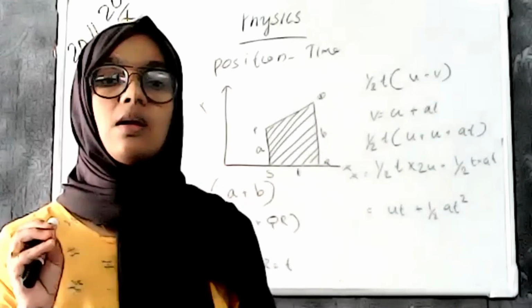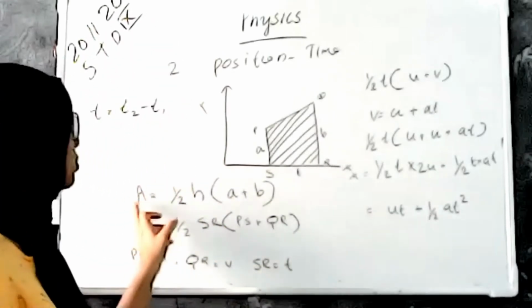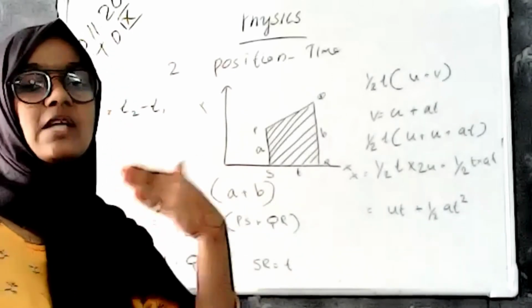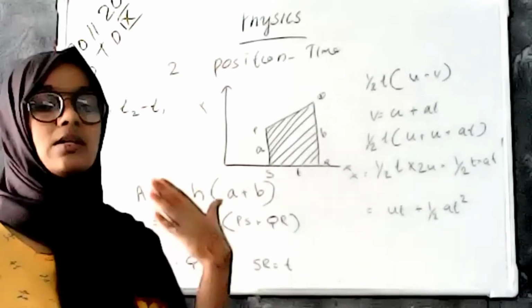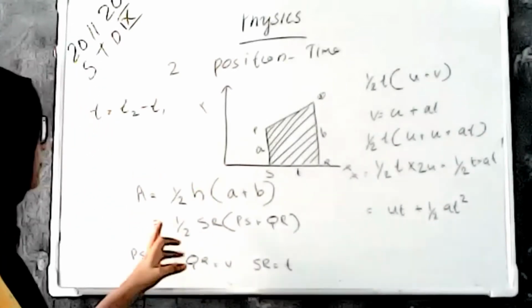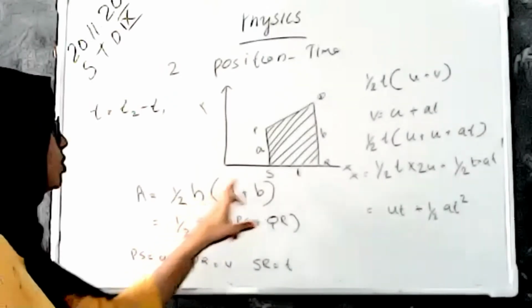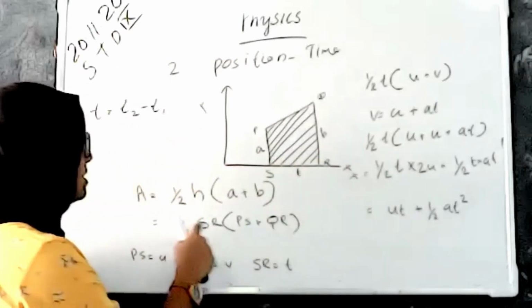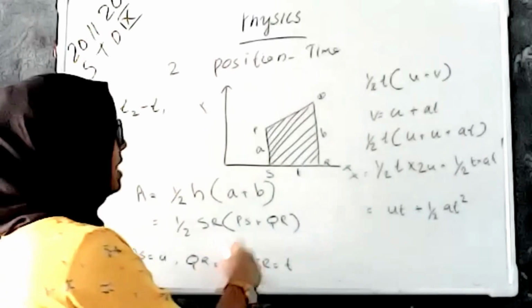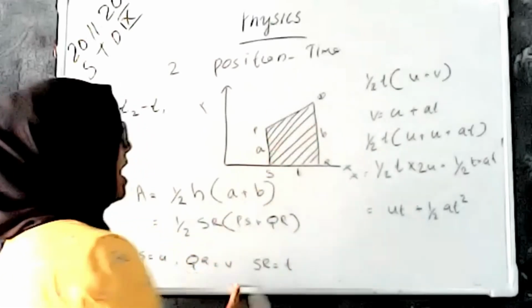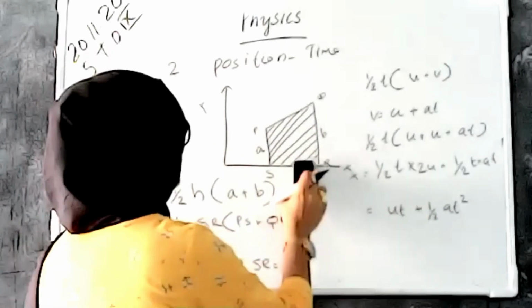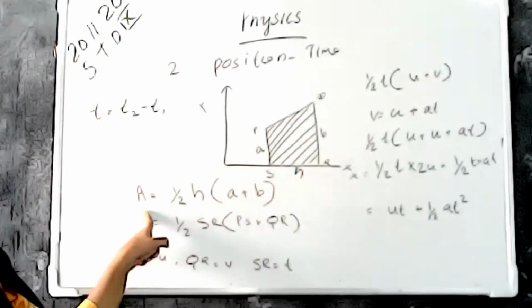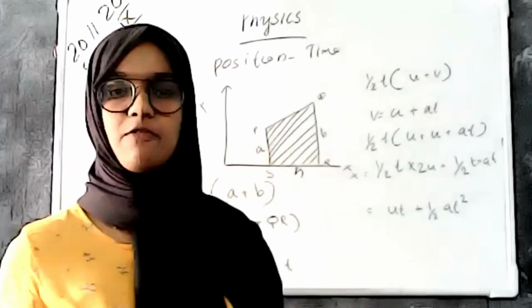Now we are getting the area of the trapezium using the equation A is equal to half h into a plus b, and we have some substitutions for finding the displacement. So here h is the height between S and R, which is taken as SR, and PS and QR are the two sides a and b. First of all, we are taking the distance between S and R as h for the common equation, and this is the time in this graph.